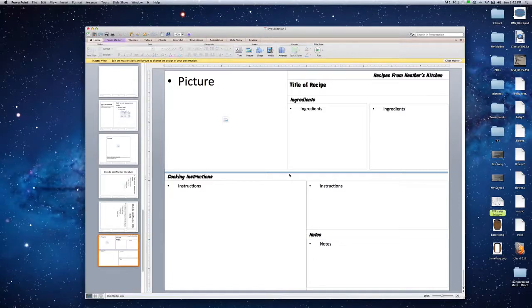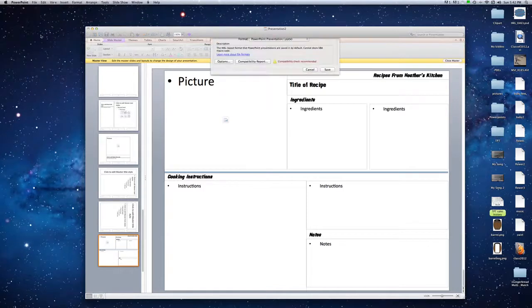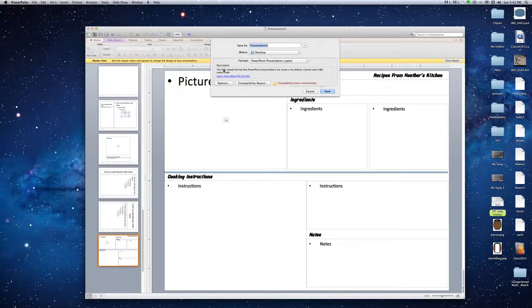I've created my template. It's over here with the list of the rest of them. I'm going to go up to File, and I'm going to save. Okay, save this as recipe